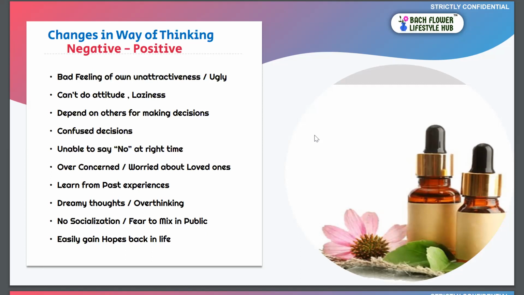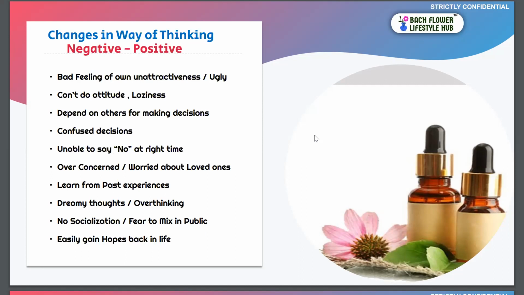Over concern or worry about loved ones. We have seen many times a mother who is worried about her child. That is pretty common. But if it goes beyond the limit, it causes problems for that child as well as that mother. That mother gets into anxiety and stress every time about what will happen to that child, and the child will be